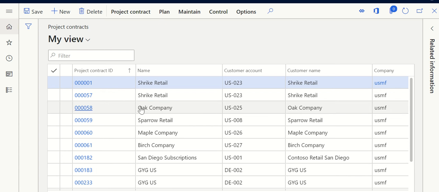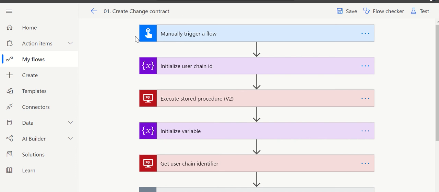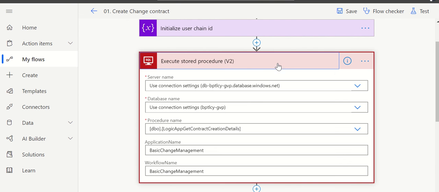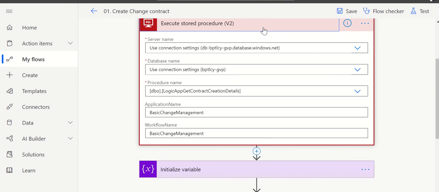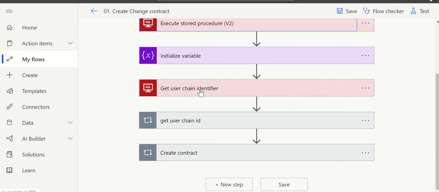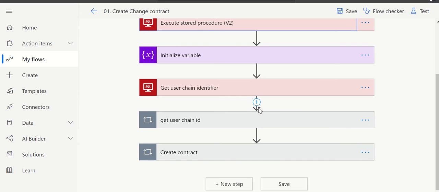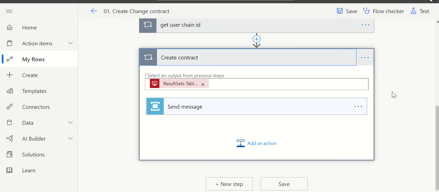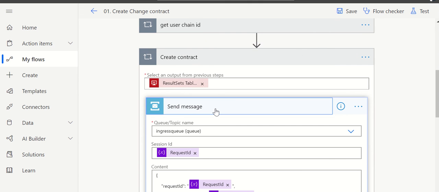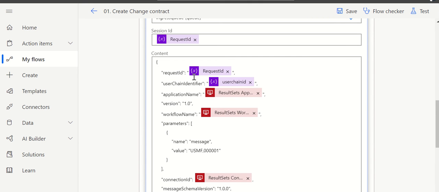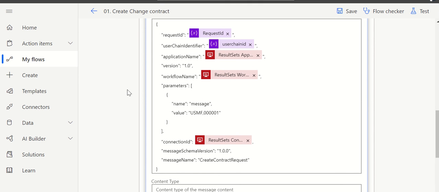So if we had the Power App here, I would just launch it and it would call this flow. I've done it manually now. This flow will call a stored procedure in the SQL database, then call another stored procedure to get the user chain identifier, and at the end we call the service bus to send information to create the contract in Azure